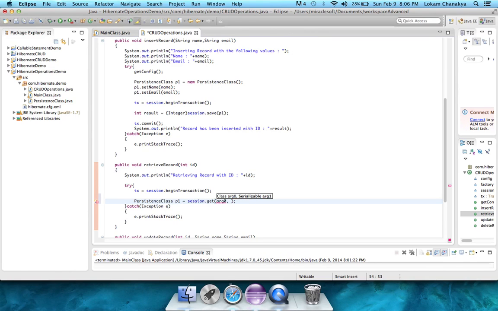The second one is the ID of the record that we want to get, and that ID we're sending as a parameter to the retrieve record method, so we use that ID over there. And the first argument is the type of class or type of object that you want to return from the session.get method. So that is for us a persistence class object, and you have to mention .class so that it's a class. And the next step will be to cast this particular session.get method